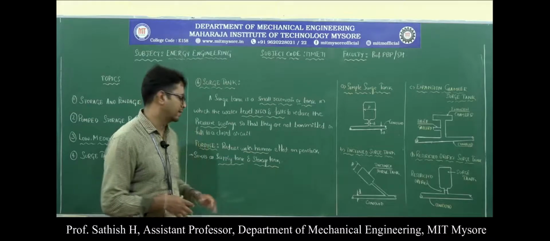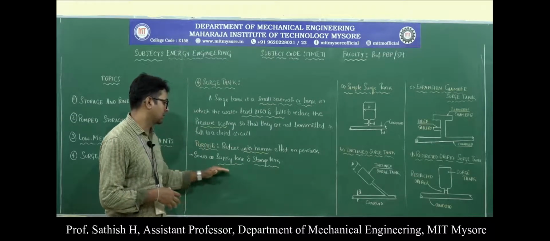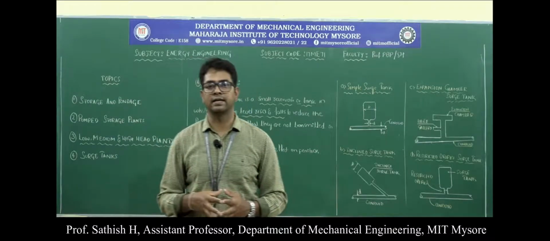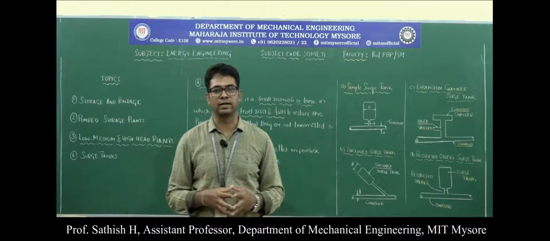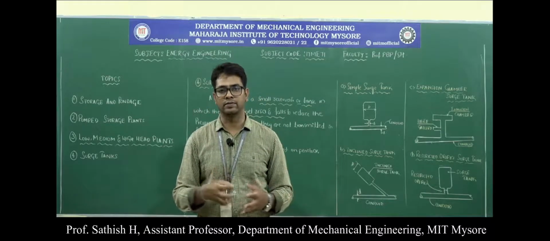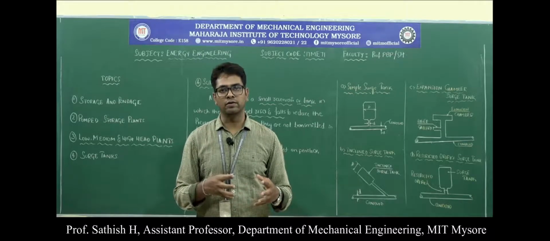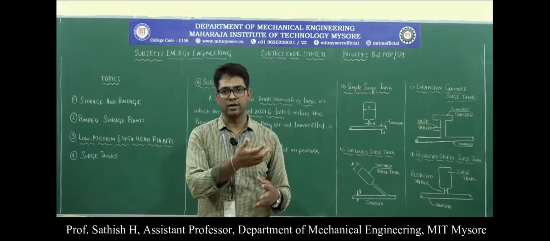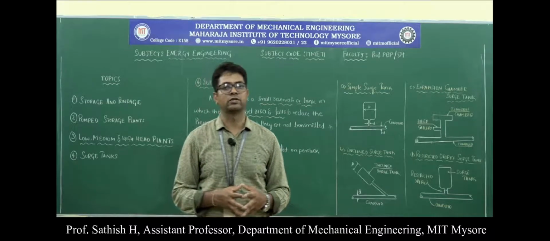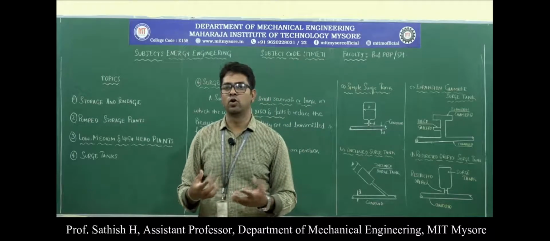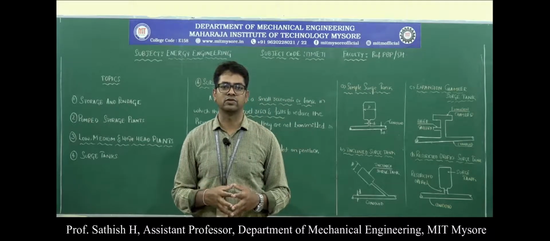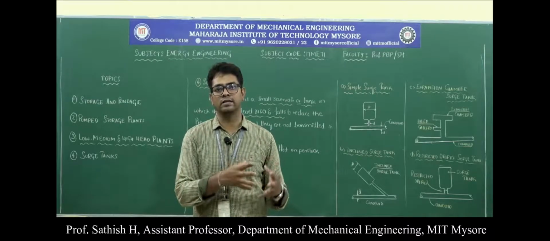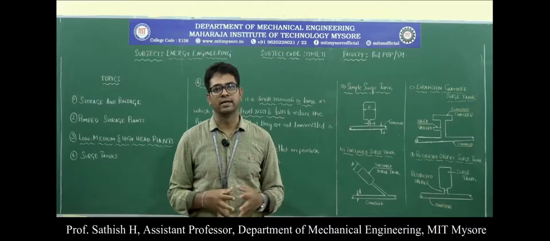The second purpose is that it serves as a supply tank and a storage tank. Sometimes the turbine is running at full load, under peak load conditions, and it needs a lot of water to be supplied at the inlet of the turbine. During this time, the water stored inside the surge tank can also be transmitted to the turbine. Sometimes when the load is less, the turbine is running at lesser speeds and the water required at the inlet is less. Then the excess water can be stored in the surge tank.